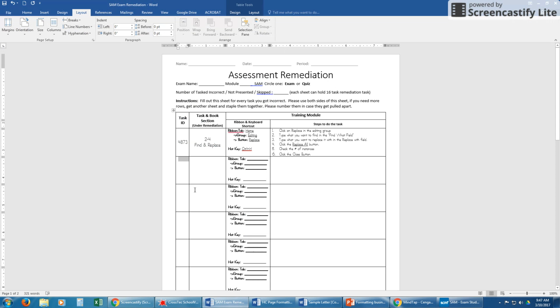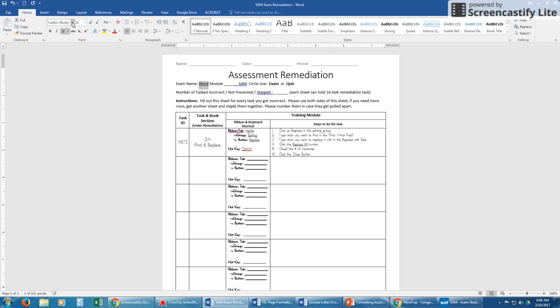So you're going to open up your remediation sheet. Make sure that you put, at the very least, your name on it. Your period also helps since they all go in the same basket. I don't have to sit there and go, John Doe, what class is John Doe in? All right. You need to make sure, because sometimes I don't check these right away, and sometimes I have people turning in other stuff. So make sure that you always put in here your module that you're working on,